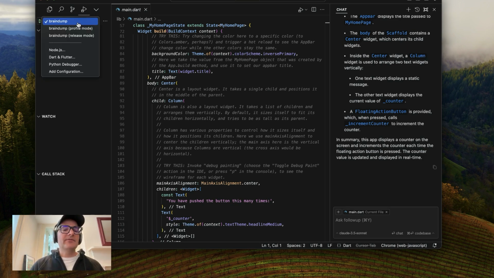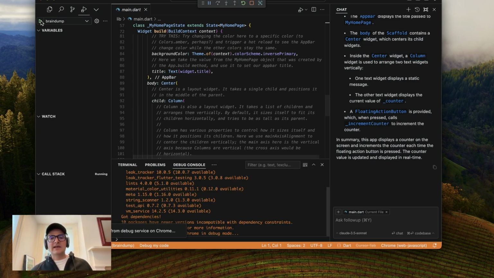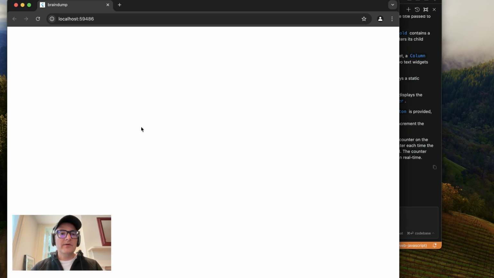You see all those three different options I showed you earlier. So we had the release mode. Again, that's if you're running it on a device. Profile mode is if you're trying to debug or check out performance issues. And this is kind of like your standard run. So I click this green arrow here, and it's going to attempt to run this in Google Chrome. So it should pop open a browser in a second. And there we go.